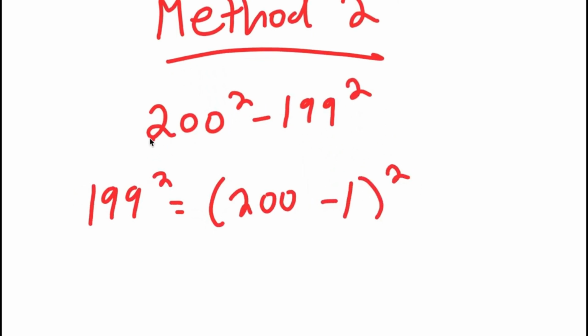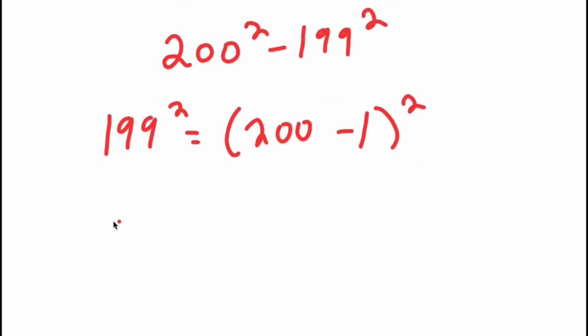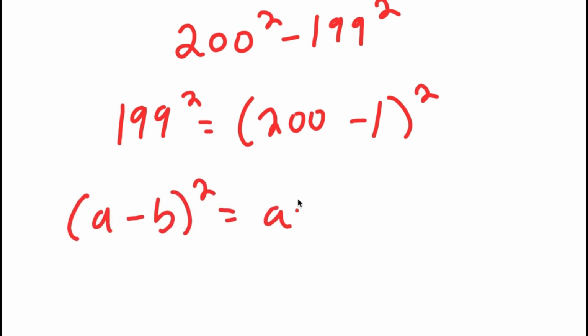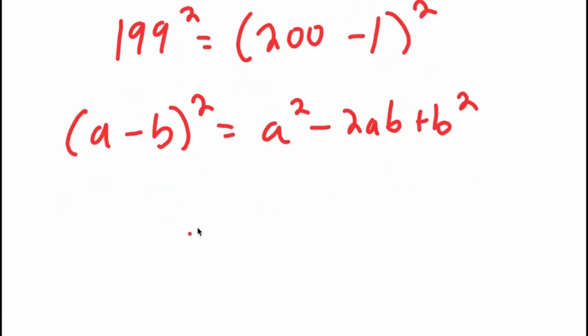So in our first method, we wrote 200 squared as 199 plus 1 squared. This time we're going to rewrite 199 squared as 200 minus 1 squared. So now, if I have something in the form a minus b squared, this is equal to a squared minus 2ab plus b squared. So 200 minus 1 squared